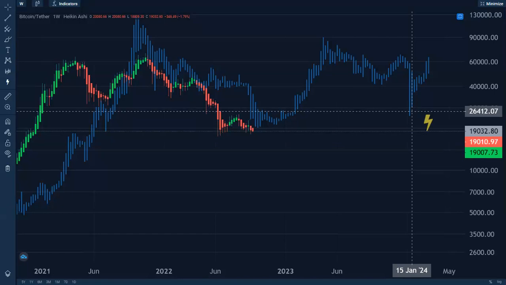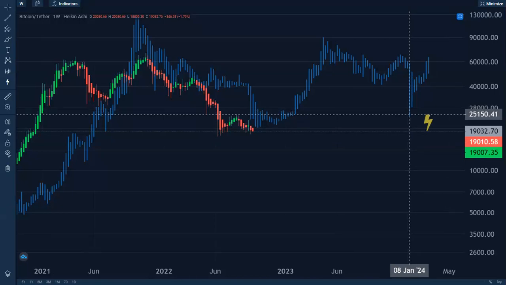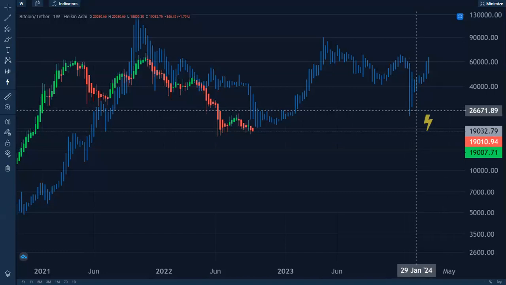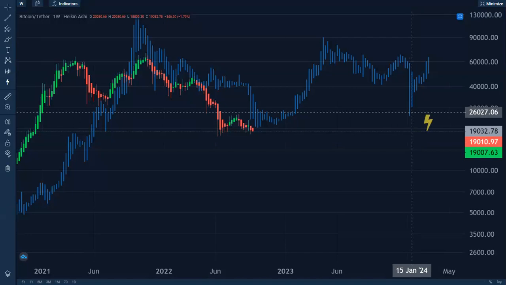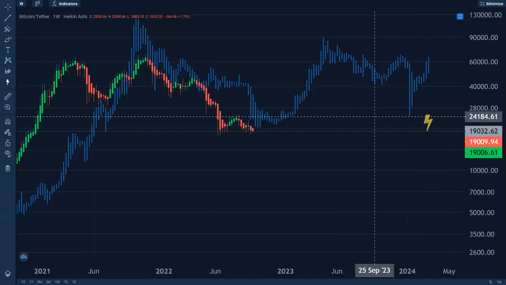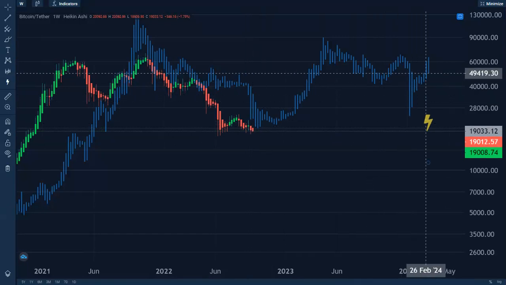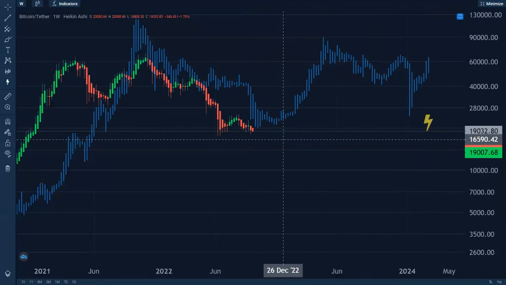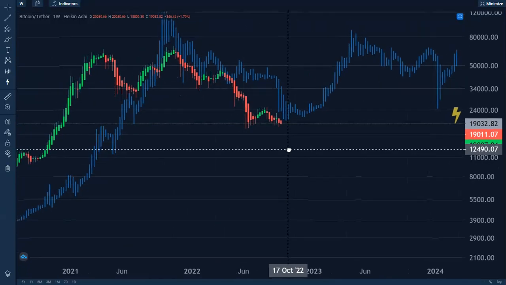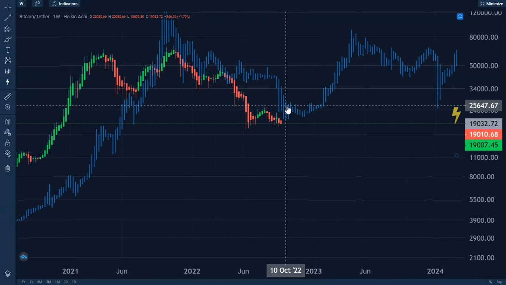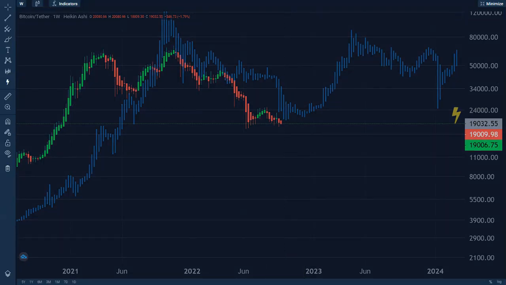You know, it's certainly possible. Anything is possible with Bitcoin. It's a very volatile asset, security, whatever you want to call it or deem it. So from there, we will just be watching these time dates and see if they are correlating with our present cycle. All right, well, that's about as far as we can get with that determination. Let's go take a look at our next one and see how well it has, in fact, aligned.